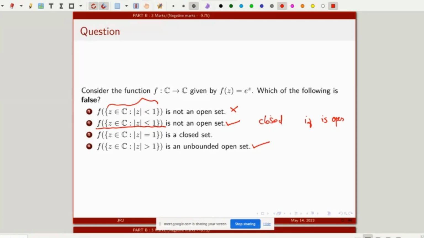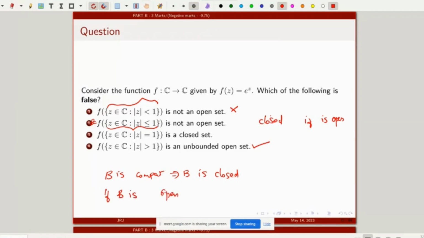Should I repeat option B? Yes, please repeat. The question is, here this is a compact set. Continuous image of a compact set is compact. So I am calling this set B equal to f of this thing. So B is a compact set, that we know. If B is compact, that means B is closed, since we are in C. So B is closed, we know. The statement is, it is not an open set. So if B is open,